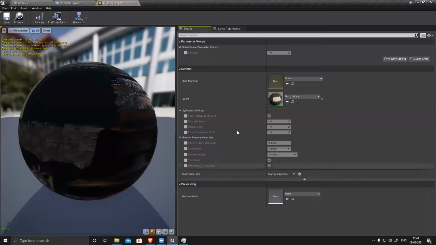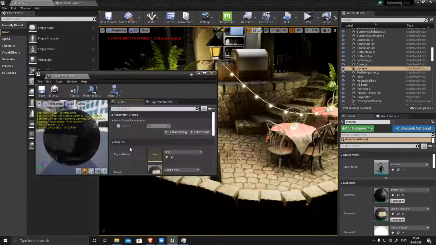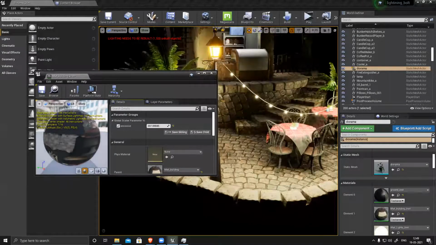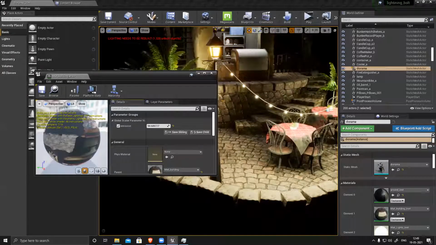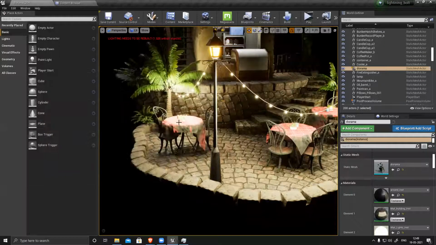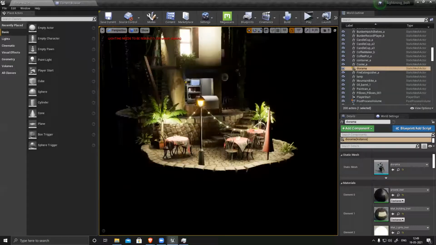So I'll double click this and my instance will open, and you can see I have a parameter emissive. Right now it's only yellow color, not glowing. If I increase it, it starts to glow. Give it a little glow, not too much, just the effect of glowing. But you can see it's not generating any light here. It's glowing, but there is no light.